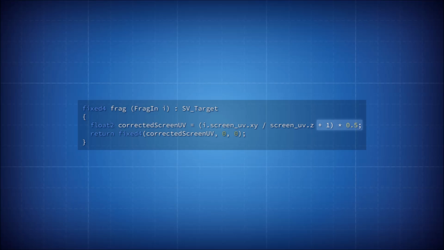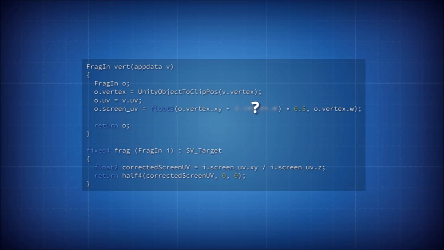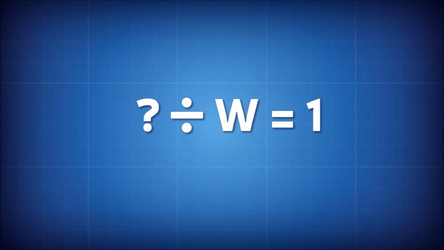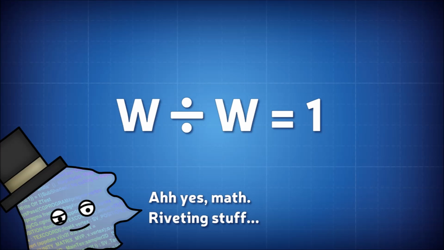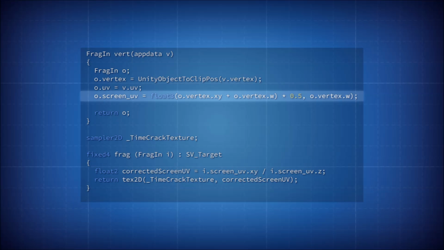As a little optimization, you can still do the remapping in the vertex shader, you just have to be crafty. We know that this value is going to have the W component divided out eventually, so adding 1 wouldn't be correct. So what number could we add that will be 1 after the W component gets divided out? The W component! So here's the final line in the vertex shader and the line performing the perspective correction in